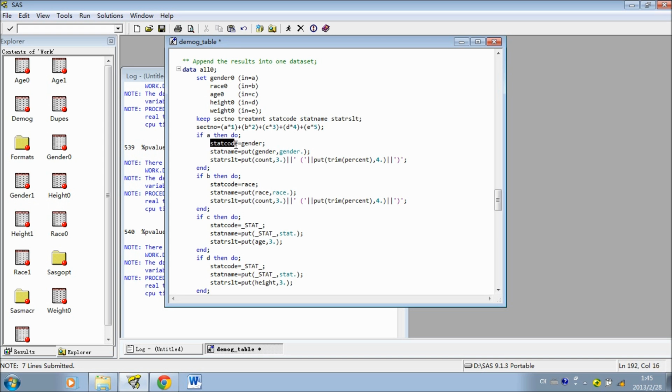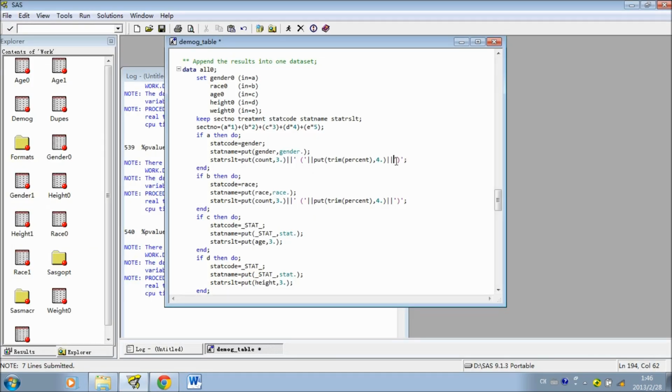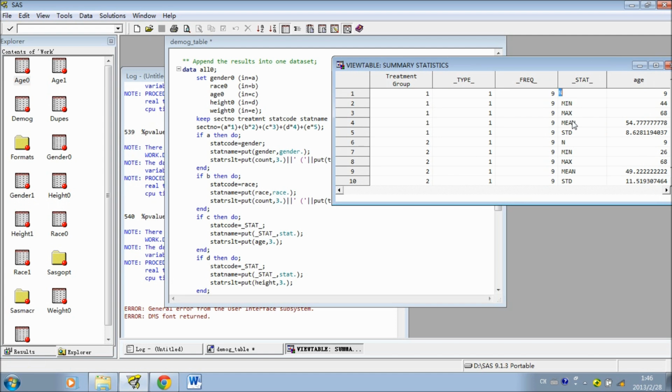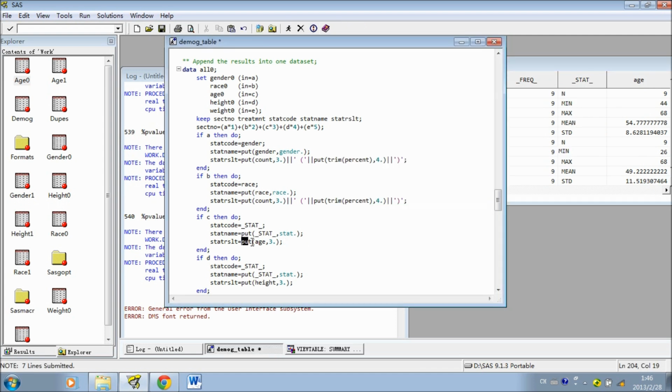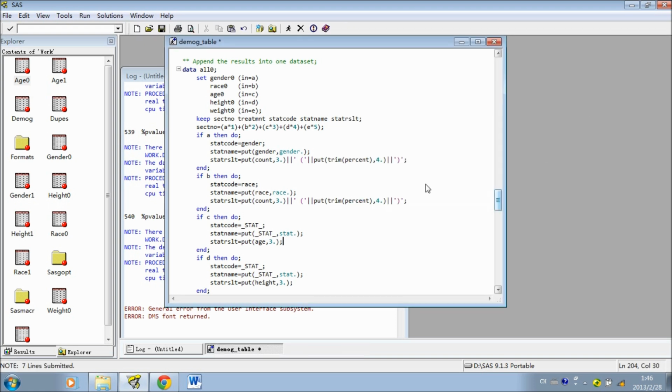And if A equals 1, then I created a stat code to indicate the gender group. For stat name, I use the format I created before. And these are the statistics, the frequency and the frequency percent. We can use a table to understand the code here better. After running this code,